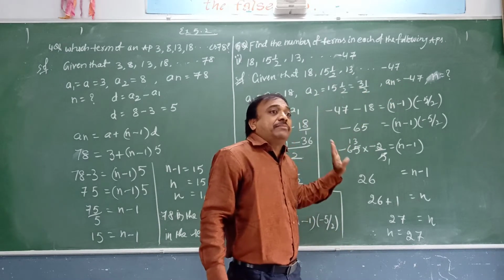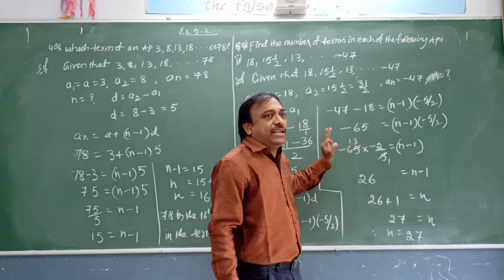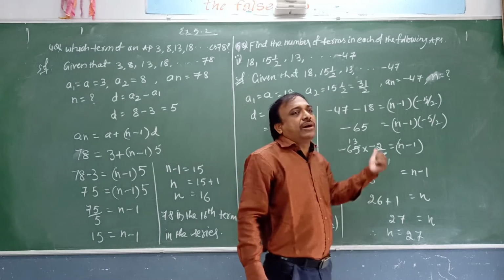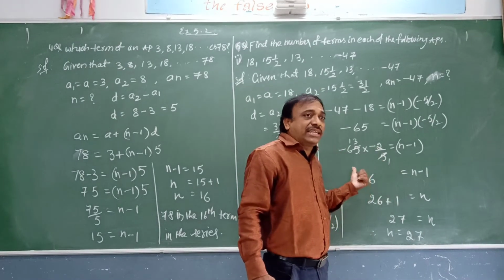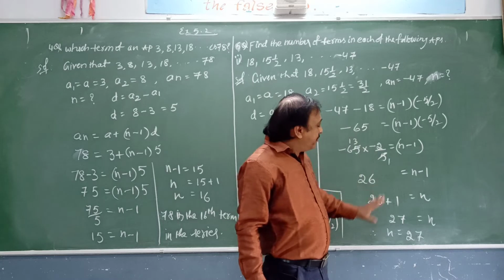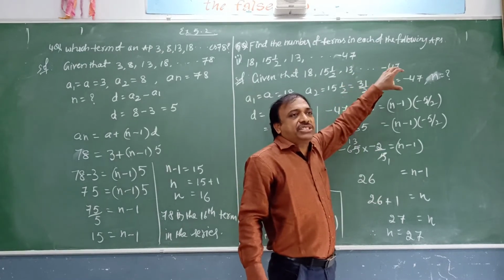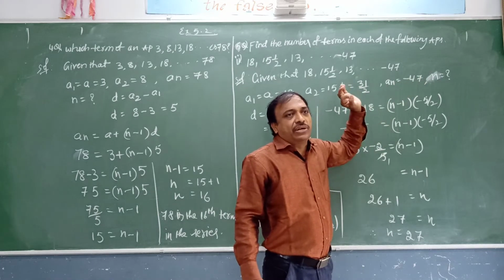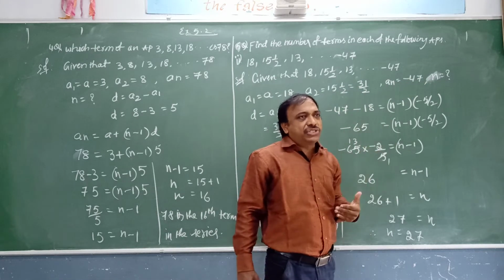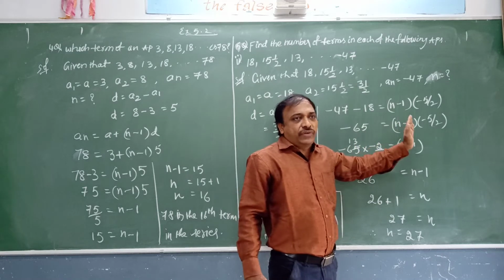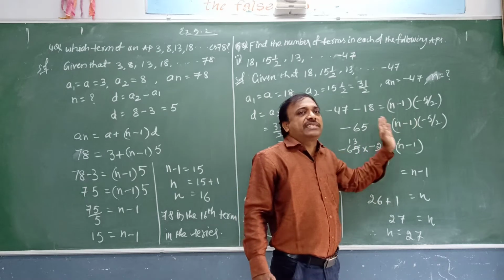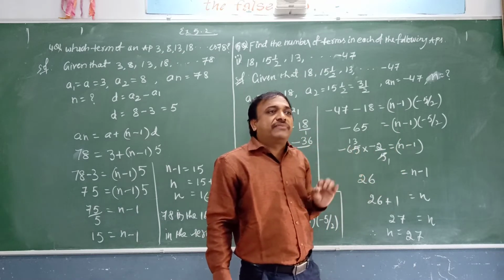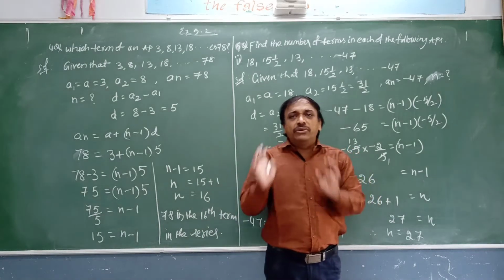Always, when you find the number of terms, the n value must be a whole number, that is, a positive number. If you get a decimal or a fraction, then you need to check the calculation or the terms. Maybe the given number may not be a term of the arithmetic progression. That point you have to keep in mind. In the coming questions, you may be asked, is minus 150 or minus 200 or 300 a term of the given arithmetic progression or not? That means the number of terms should always be a positive number.